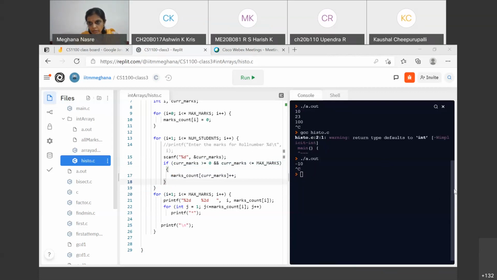Yeah, so in the input file, there were a couple of zeros. Why not showing? Actually, yeah, so maybe there are zeros. Are there zeros in the input file? Okay, so there are zeros because there are absentees. Yeah, you're right. But why it is not printing for zeros is because I have printed this loop from 1 to max marks. I can easily change it to 0 to max marks and it will print it. So that is not a problem. In fact, our array size is from 0 to max marks plus 1. So if we compile this, we will get it for the value 0 as well.